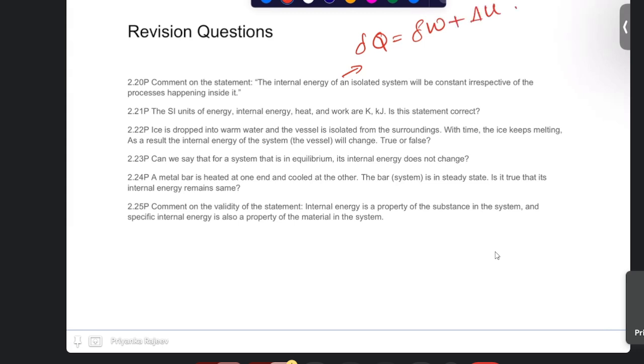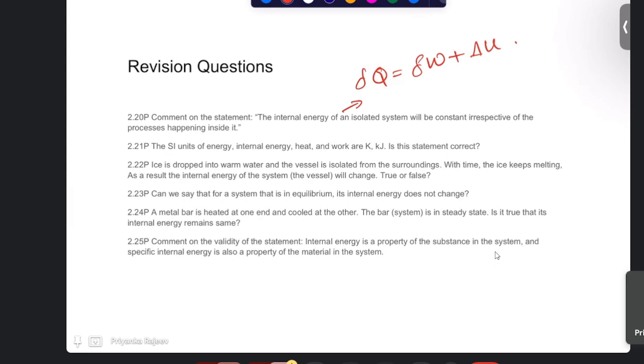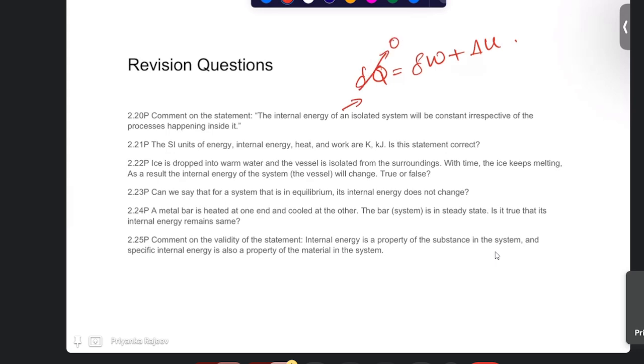Okay, that is the first law. So for an isolated system, Q is 0, W is 0. So delta U equal to 0, that means U is constant. Okay. Now next is SI unit of energy, internal energy, heat and work are